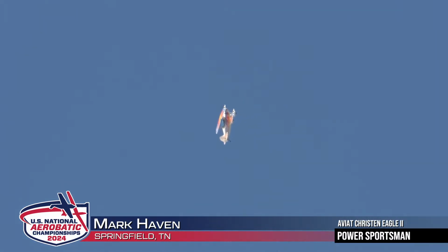45-degree hammerhead. Mark pulls to 45, which we're allowed. It's a 45 hammer. Pulls vertical, kicks full left rudder, and around he goes for the hammerhead turnaround. Coming back across the box to the south. One half of a half Cuban coming back around, pull the aircraft all the way around, 45-degree half roll,